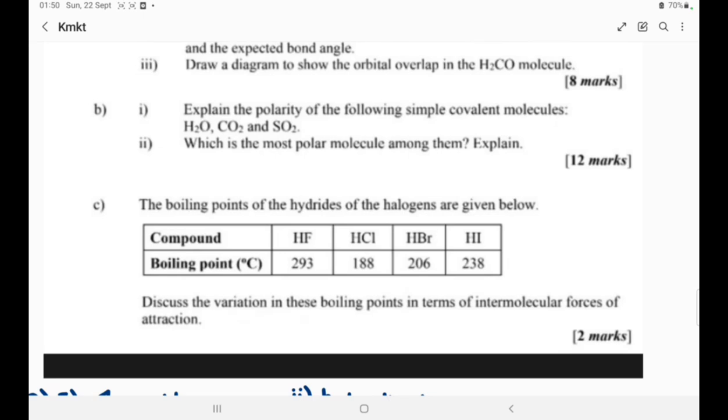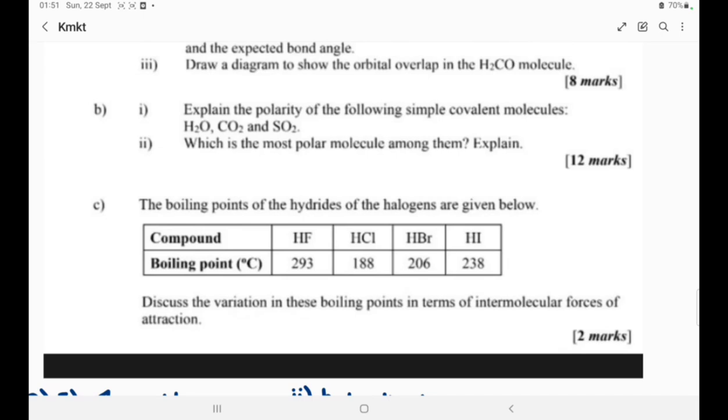If we look carefully, the elements behind the hydrogen atoms are from group 17, which is